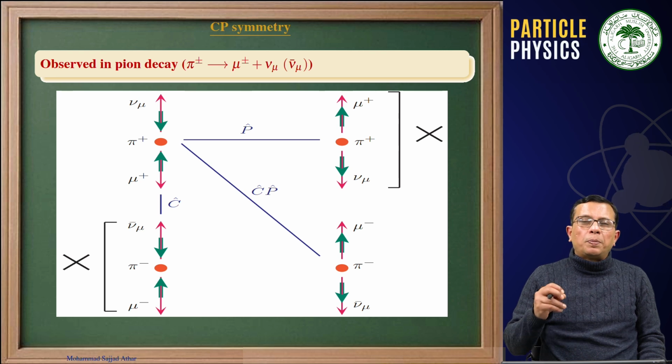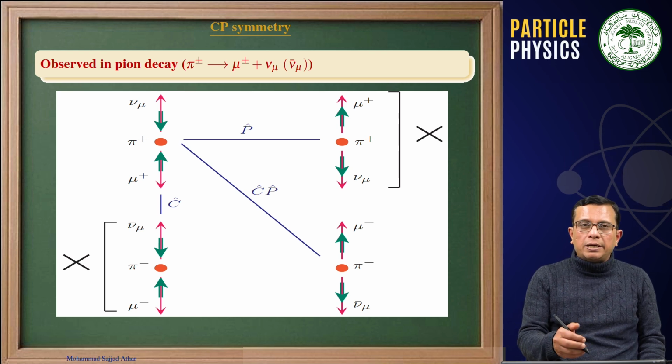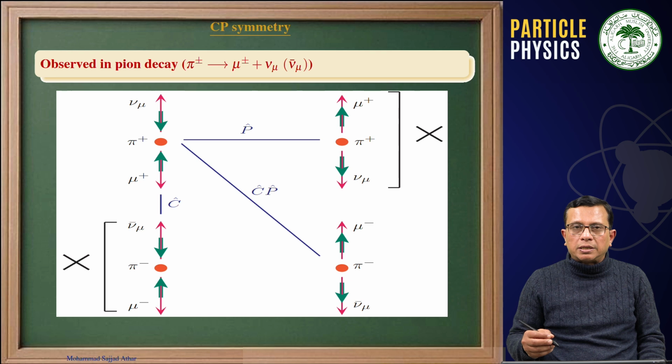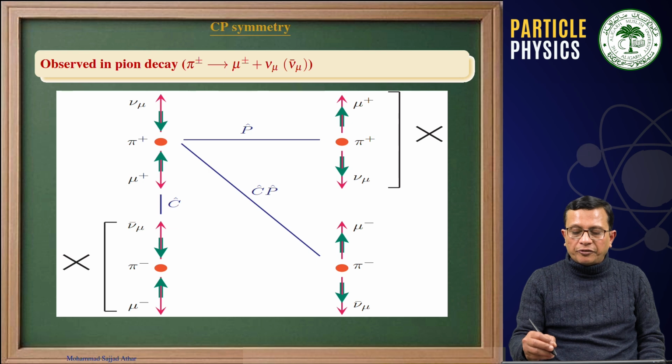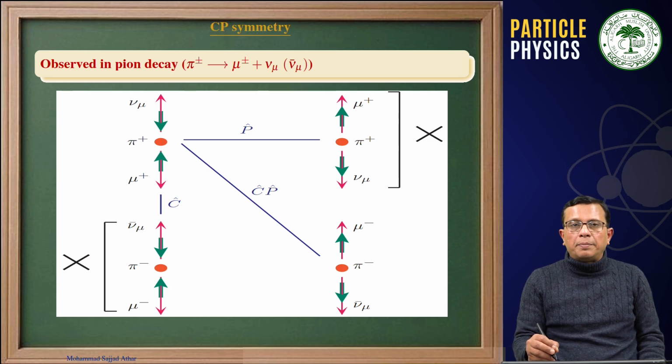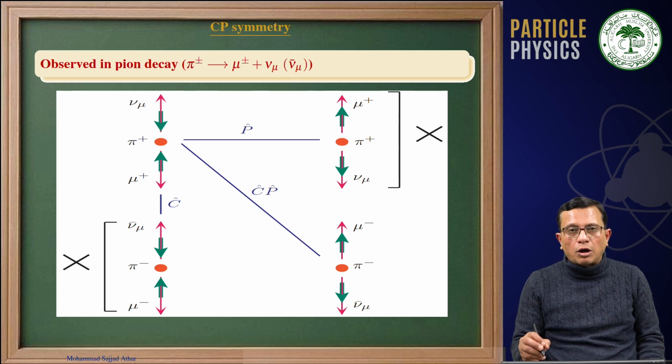That means mu plus, which was initially being emitted in the downward direction, now is getting emitted in the forward direction without changing its angular momenta. Therefore, here nu mu is becoming right-handed, and this process has not been observed in